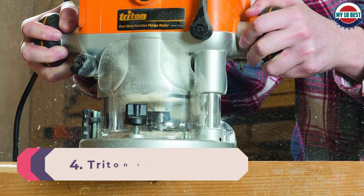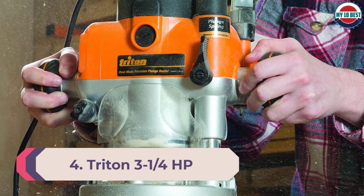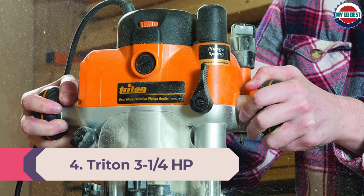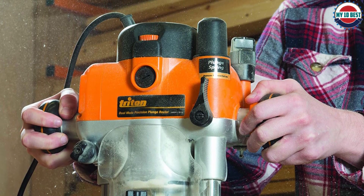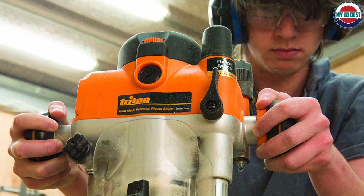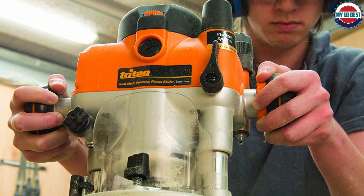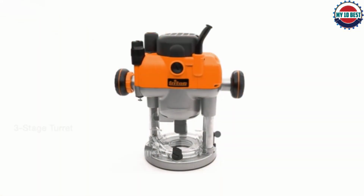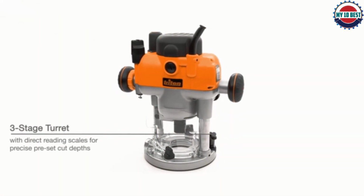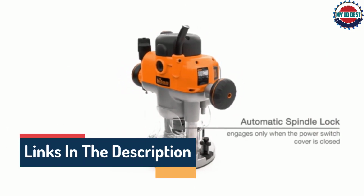Number 4. Triton 3-to-1-4 HP Wood Router. Although the Triton HP Wood Router was designed with newer woodworkers in mind, it is still used by many experienced craftsmen. What draws people to use this router is its simplicity. It is a single-button machine that switches from conventional plunge setting to fixed base router. The router can run from 800 to 21,000 RPM, which provides a stable cutting speed that is great for first-time